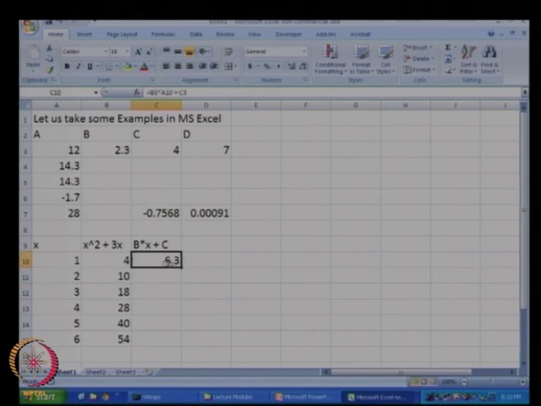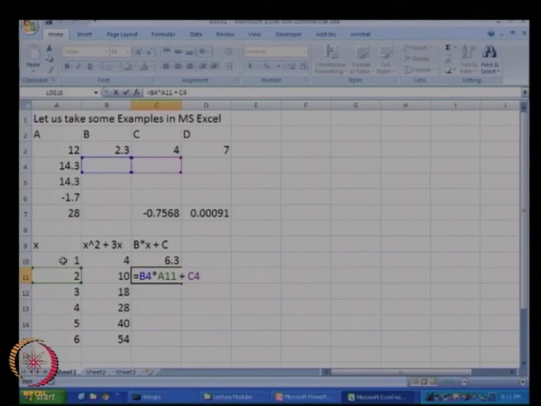Okay. Now let us say I want to repeat this for x equal to 2 also. Let us see what happens if we drag and drop it over here. If we drag and drop, there is some problem, and why is that? I am just clicking the button F2, F2 is edit. If I click F2, I will see what happened. When I dragged from here below, the formula got updated.